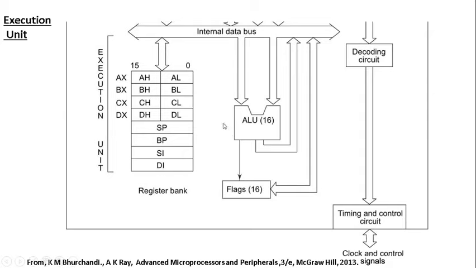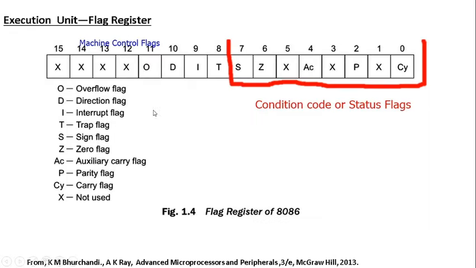Now we will see the detailed view of the execution unit. We have seen all these registers and their sizes, and the only thing remaining is the flags register. So what are the components of the flags register in 8086? Already we have seen a particular region of the flags register, or processor status word, known as the condition code in computer organization and architecture, right? So what is the condition code? The condition code indicates the result of any mathematical computation.